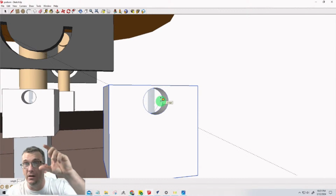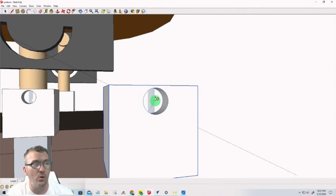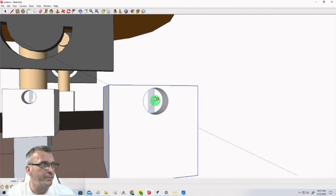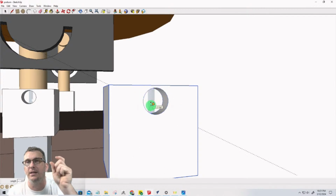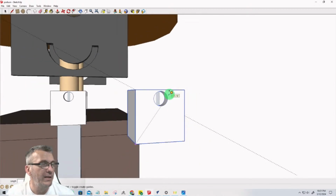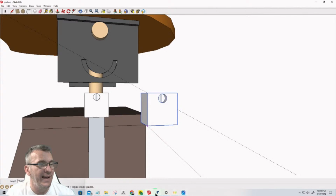I want to be centered in that 1/2 inch with this hole. And this hole is a 1/4 inch hole, or 0.26 or something. So you have a little bit of play with it, because of the threaded insert. If you're not going to do the threaded inserts in the dowel, then the threaded insert goes in here, and you need to make the hole the appropriate size. So knowing that,